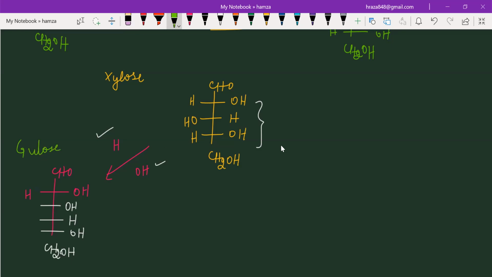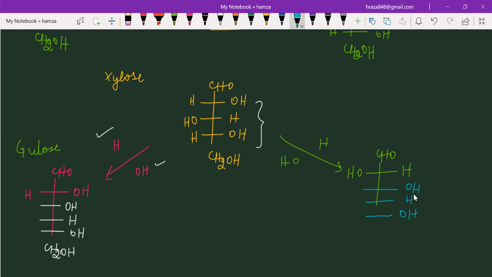Glucose. And again, if you are going to add H on the right hand side, OH on the left hand side, we have CHO, and then H on the right hand side, OH on the left hand side, and again the rest part will be as it is. So 1, 2, 3 on the OH, H, OH,